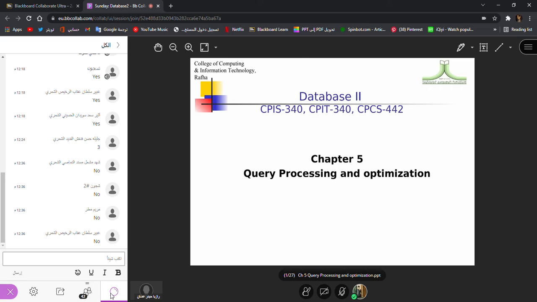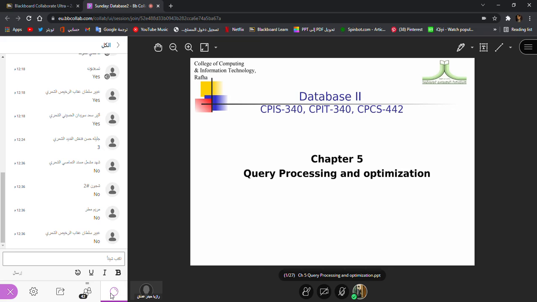What is a query? Actually, what you do with the database is either you are storing the data, or you are getting information from the database. This is the very simple main purpose of your database. Either you are storing data or you are getting that data back in the form of information. So that whole process of getting information from the database is known as a query. A query is like a sawal, that you are asking a question of the database. So in database language we call it a query.